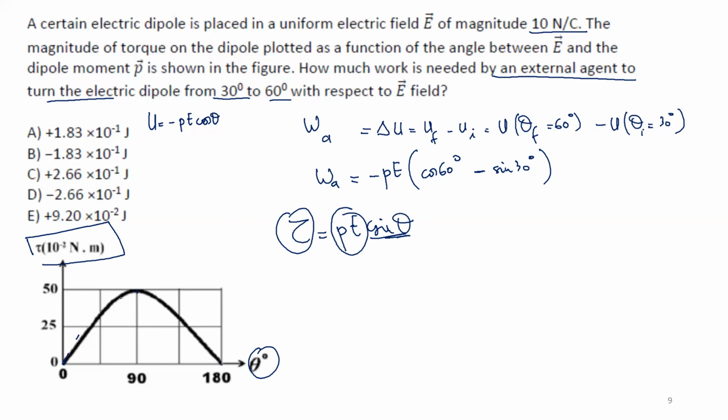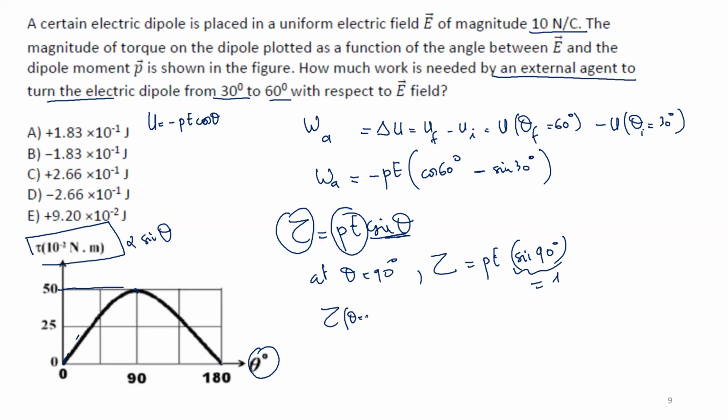At 90, I'm max. Okay. So this torque is proportional to the sine theta. Okay. Good. Now, at theta, which is 90 degrees, the torque is just PE, because sine 90 degrees is equal to 1. Okay. So this torque here, which is given here, torque at theta equal to 90 degrees, is just equal to